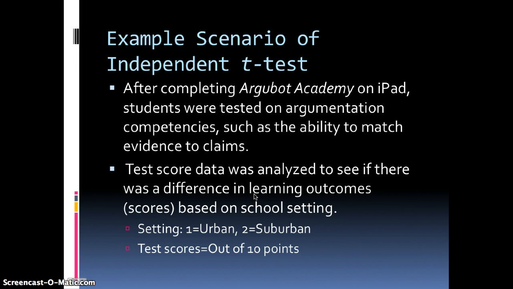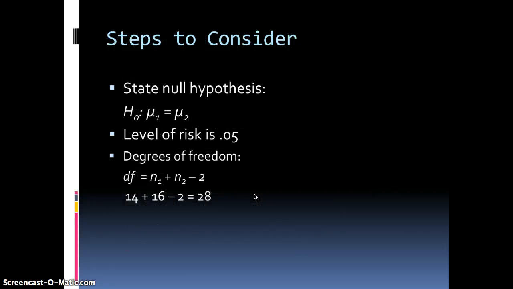Example scenario continued. After completing ArgueBot Academy on iPad, students are tested on argumentation competencies, such as the ability to match evidence to claims. Test score data gets analyzed to see if there's a difference in learning outcomes or scores based on school setting. Setting 1 is coded as urban, 2 is coded as suburban, and the test scores are out of 10 points. You would need to state the null hypothesis, which in this case would be that the means are